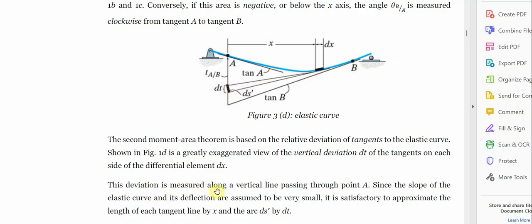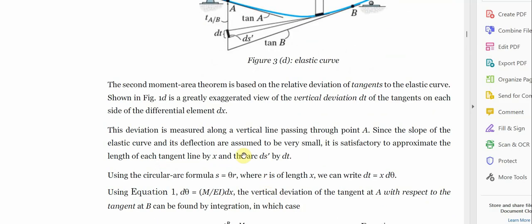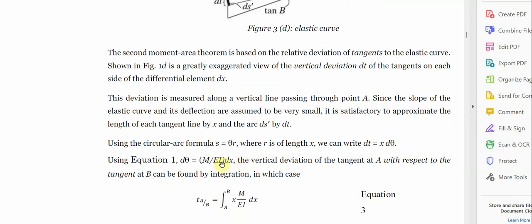Now, the deviation is measured along a vertical line passing through point A. Since the slope of the elastic curve and its deflection are assumed to be very small, it is satisfactory to approximate the length of each tangent, line S, and the arc ds by dt. Now, using the circular arc formula, S equals theta r, where r is the length of the S. We can write dt equals S d theta. That is one